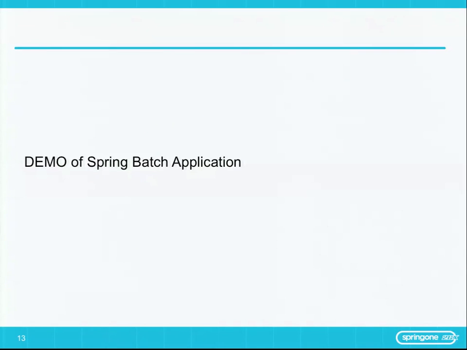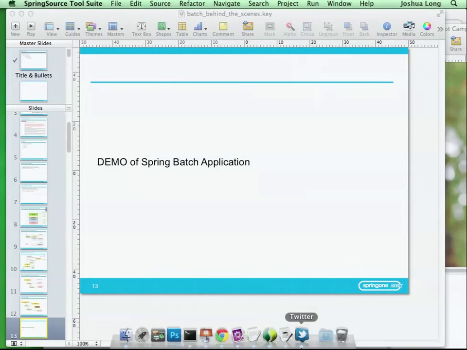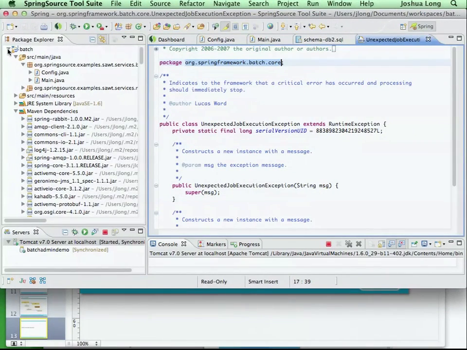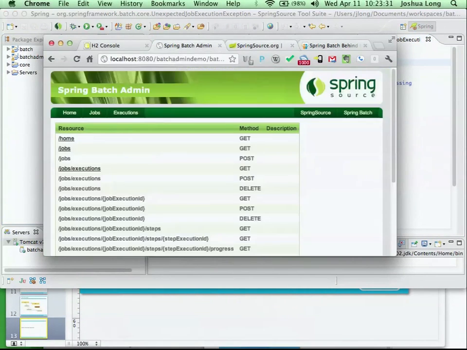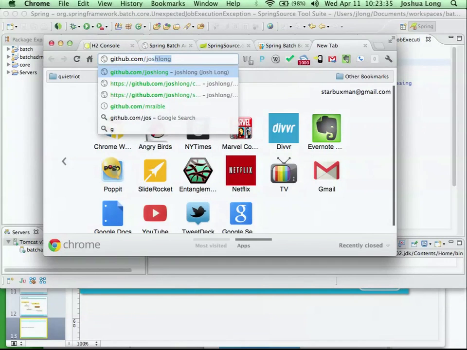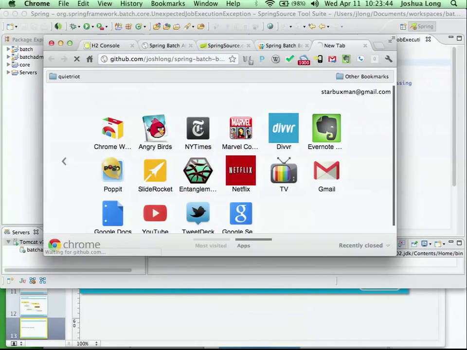Okay, so having explained the basics, let's actually look at a simple Spring Batch application, just to get that out of the way. So I've got this code. Like I said, the code itself is on github.com/Josh Long/Spring Batch admin, Spring Batch bootcamp. So please feel free to grab it if you haven't. It's a decidedly simple batch application, but you'll see what's happening.